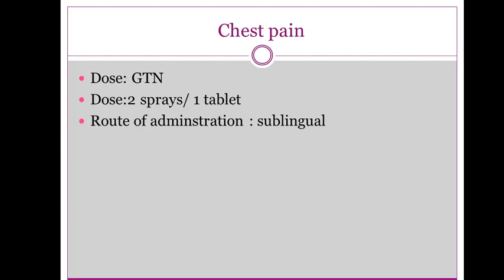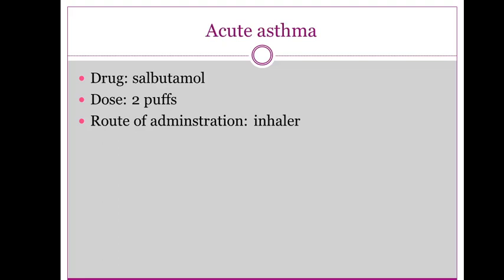Acute asthma. If a patient with asthma suffers from his asthma at the dental clinic, what are we going to do? We have to give him salbutamol, 2 puffs, and the route of administration is the inhaler. Okay, so it's really important for us to know all the